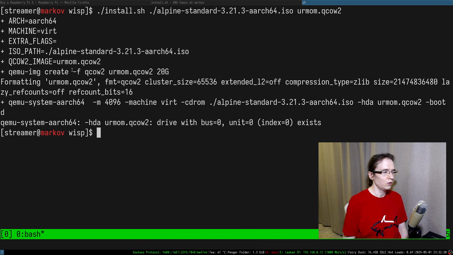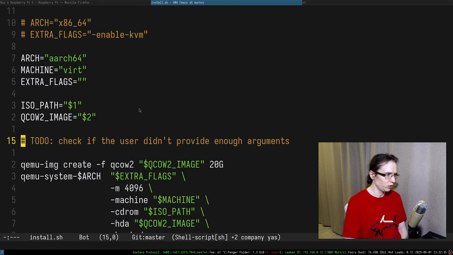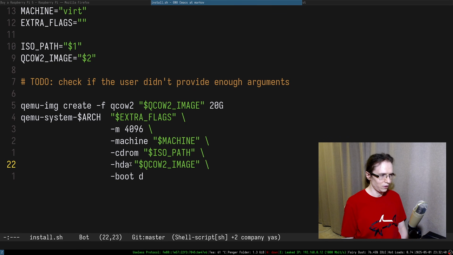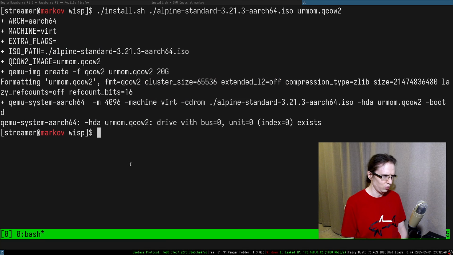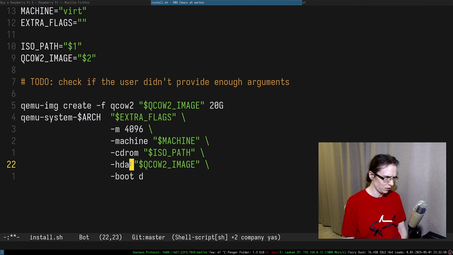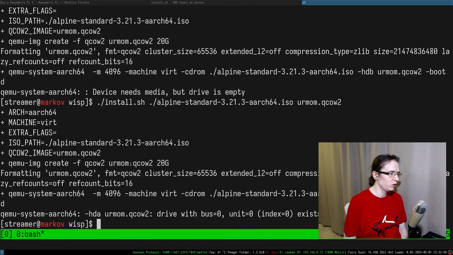All right, so it doesn't matter if it was Virt or not. Sifon suggested to use HDBA. So device needs media, but drive is empty. Okay, none of that actually worked. Virt also didn't work.